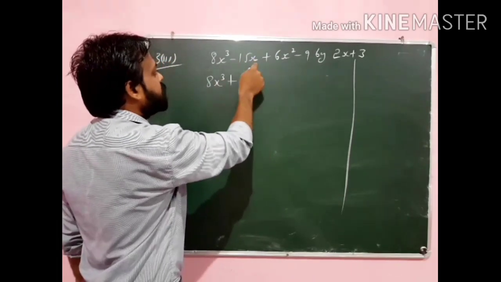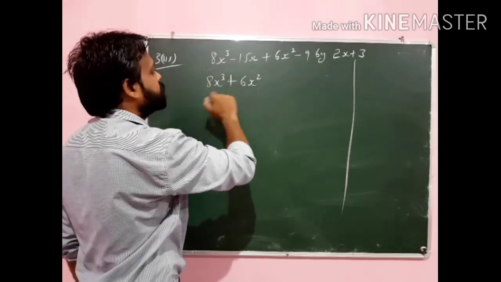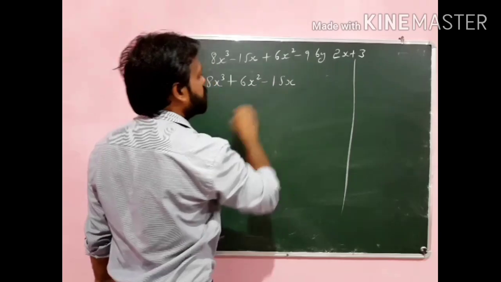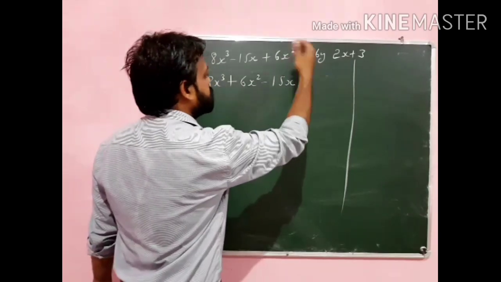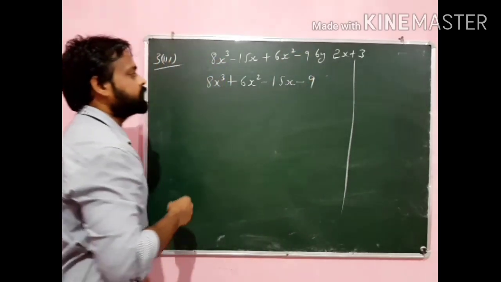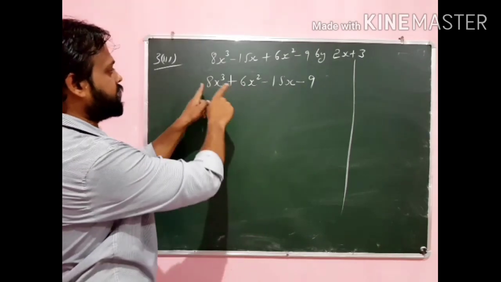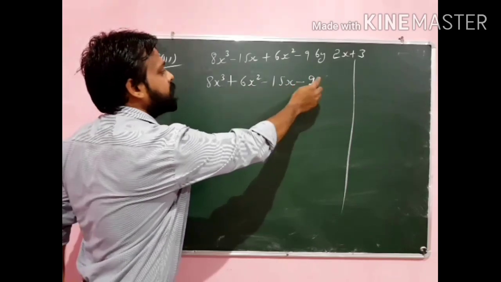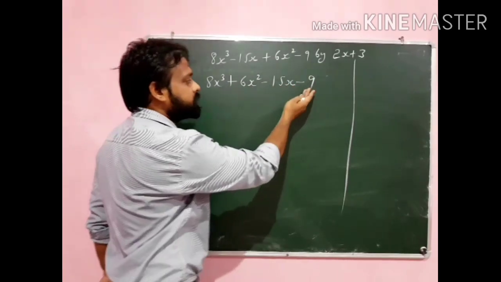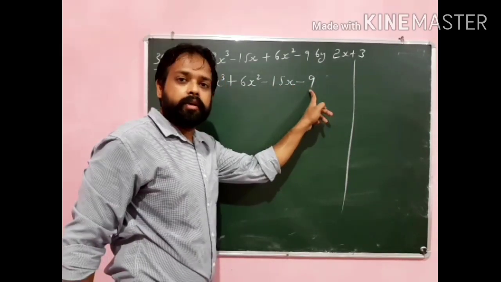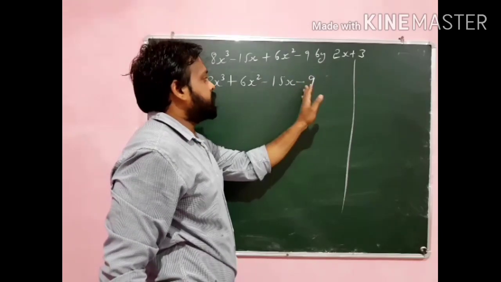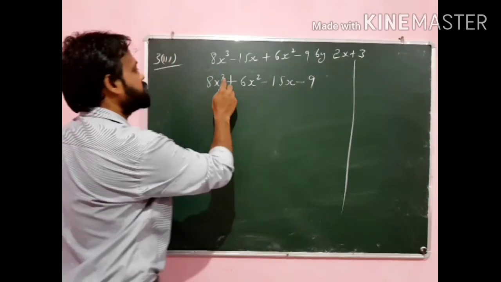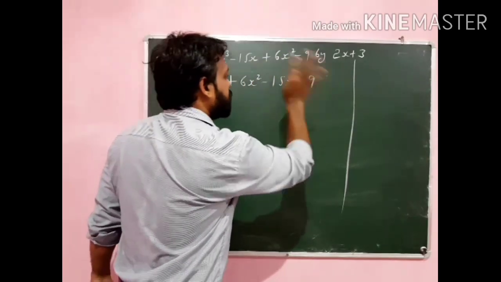So here you can see in this term the power of the variable is 1. So you will write this here, so it will become minus 15x, and then you write the constant term at the end. I hope it is clear to you. Now you can see the powers are in descending order. This is 3, 2, 1 and of course 0. This is a constant term. Why am I saying this is 0? Because in constant terms we assume that the power of the variable is always 0. So it means this is 3, 2, 1 and 0.